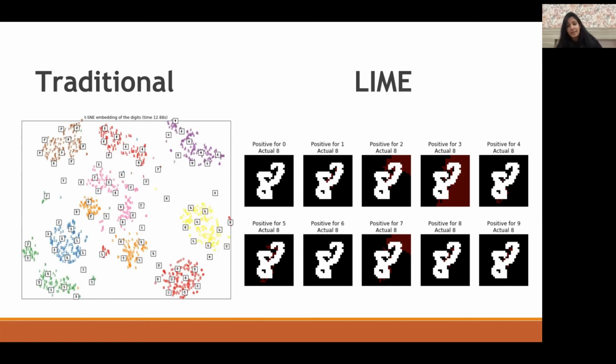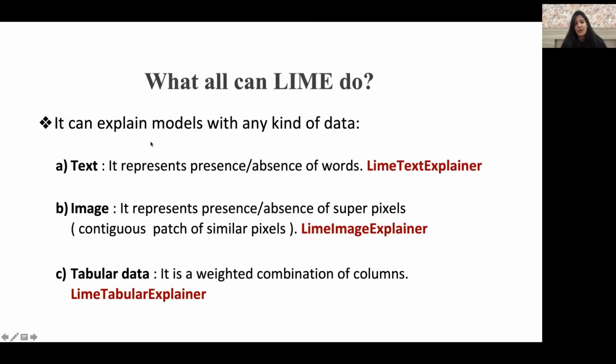But if you see LIME, you'd see that if my input is actually 8 and I'm getting a high prediction probability for 8 as 3, the reason why it was pointed as 3 is because of these pixels near the right side of the image, which are highlighted in red. And if you actually see this, you'd be able to impute your data in a much better manner than when you see this populated t-SNE plot. And that's what LIME is for.